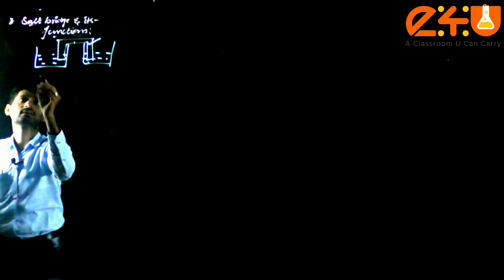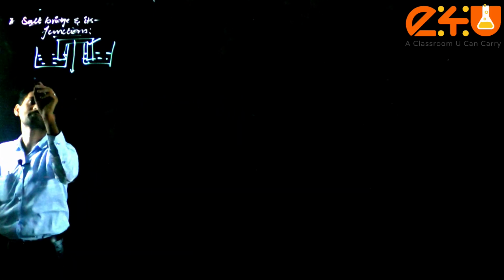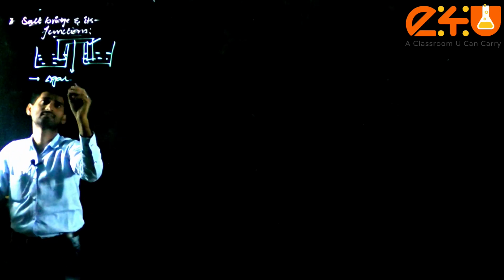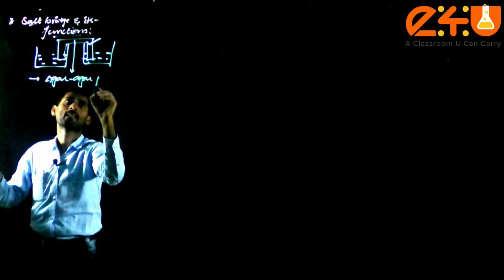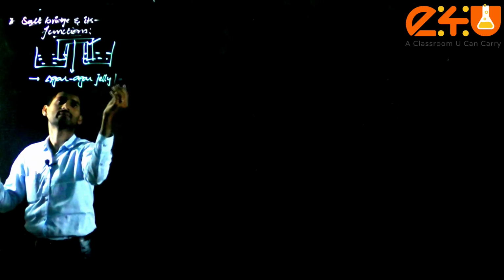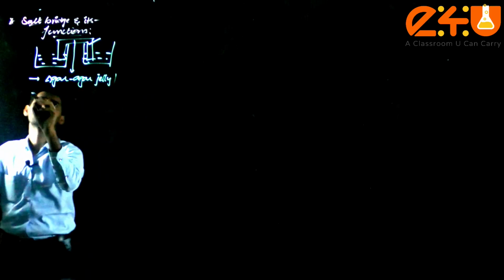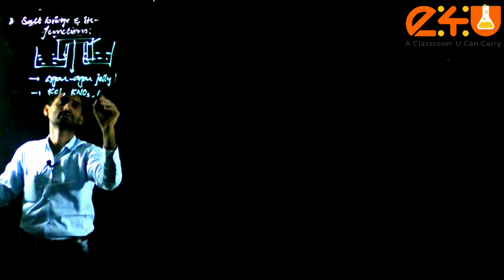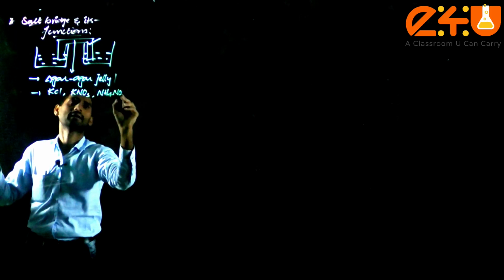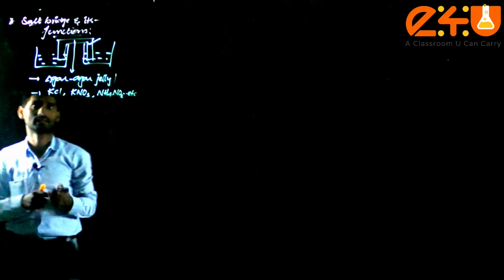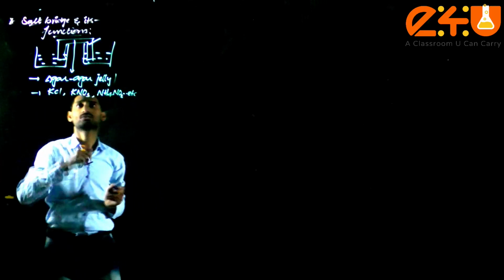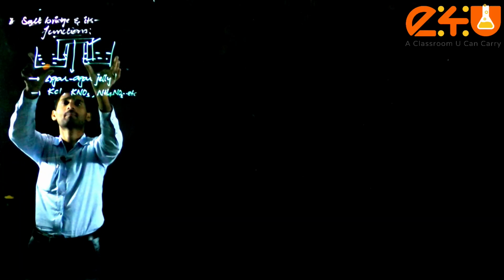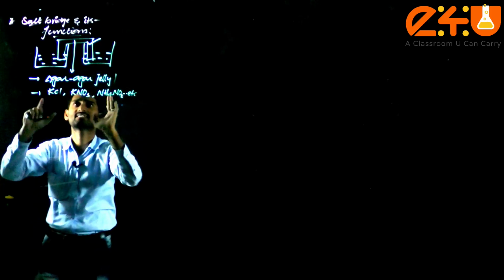First of all, the salt bridge is filled with some inert electrolytes such as agar-agar jelly, or we can take KCl, KNO3, ammonium nitrate and so on. With the help of this salt bridge, what will happen here? If we use a salt bridge, what will happen? The movement of ions will take place in the correct